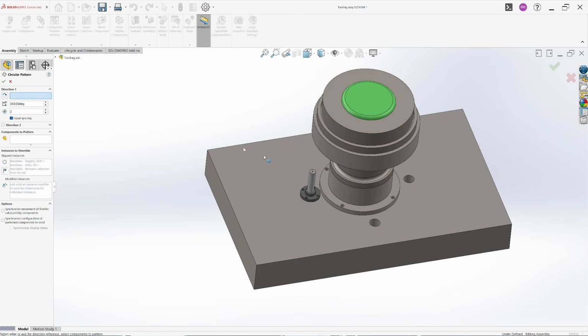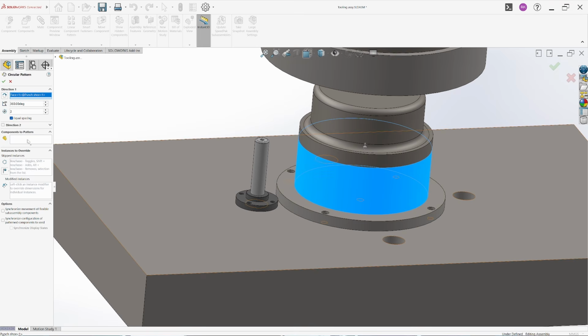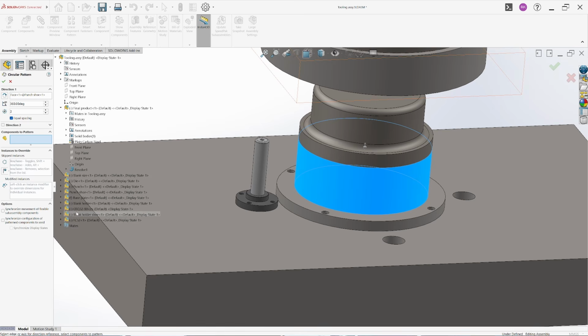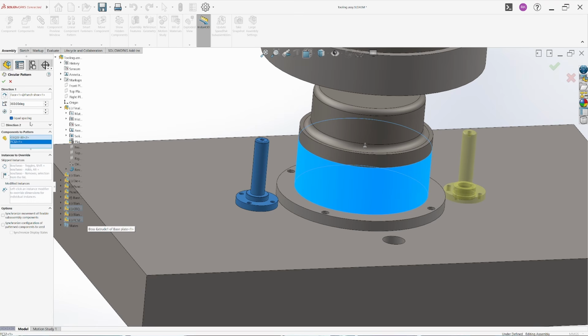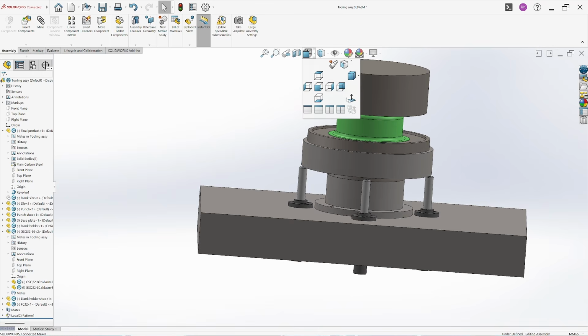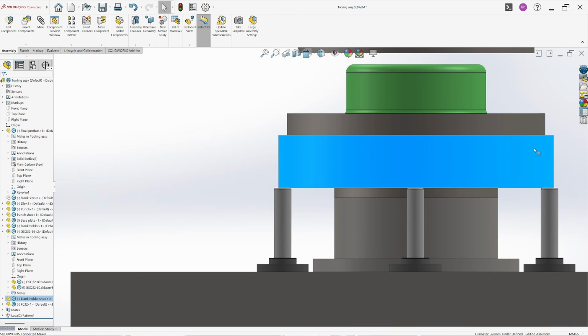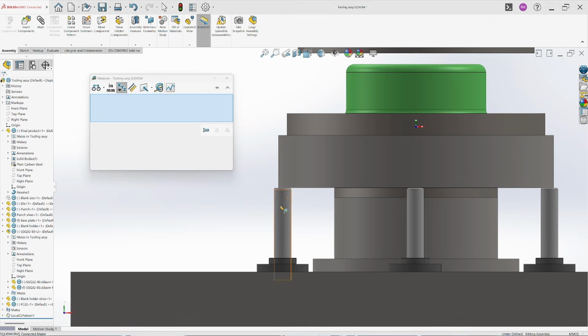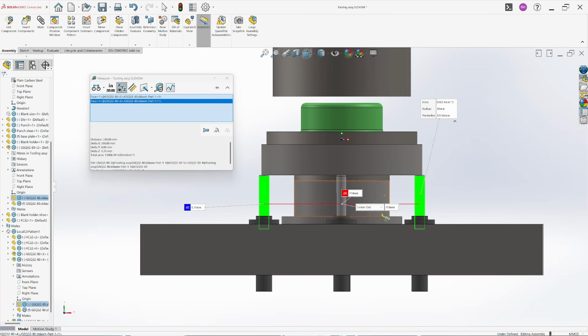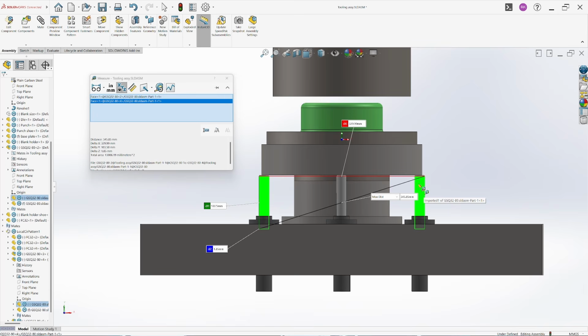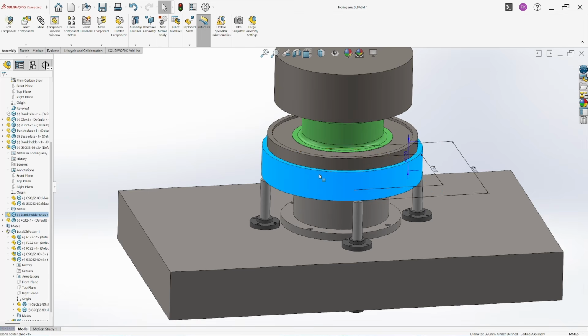Okay, so let me select the direction for this flange, and for component let me select it from the tree. So this is the gas spring and this is the gas spring holder, and increase the number to 4 and hit OK. We need to increase the diameter of this blank holder shoe. How much? So we can check the maximum distance between the gas springs, which is 329 something. So why not go for